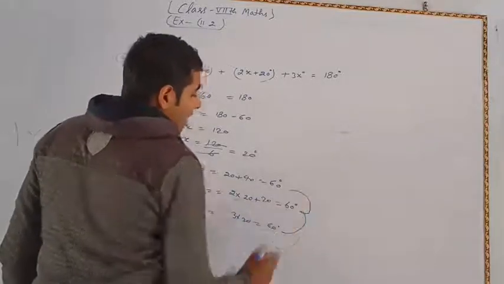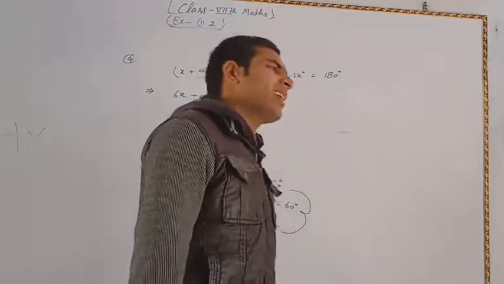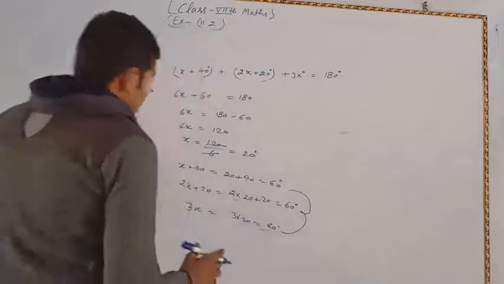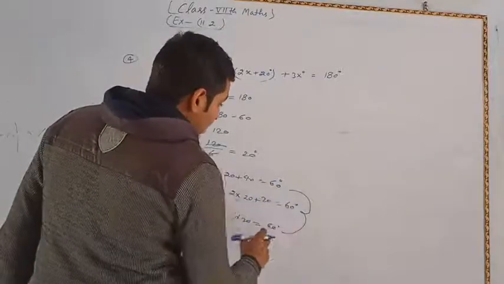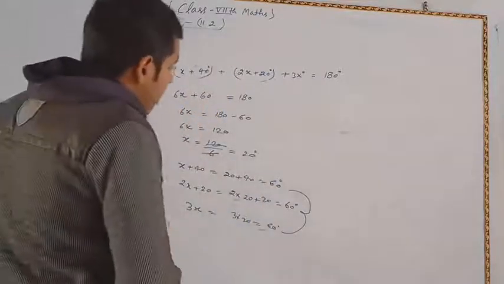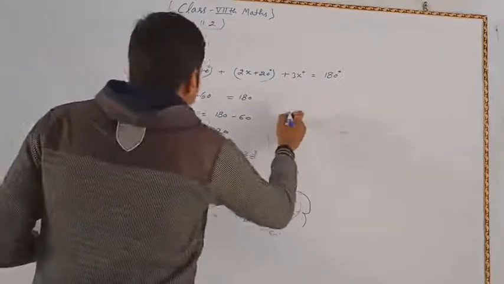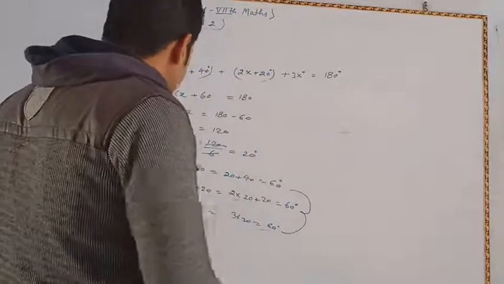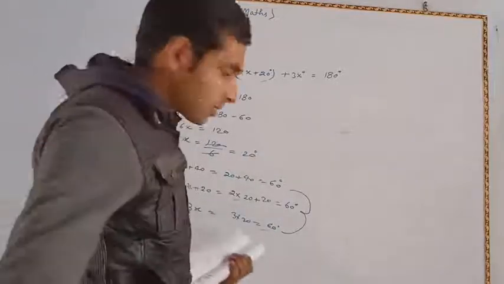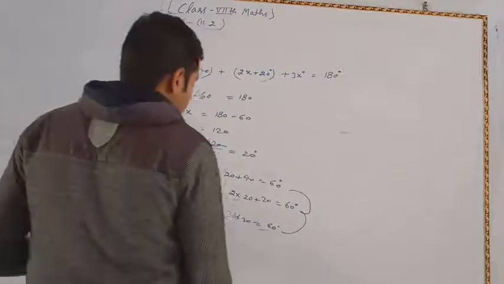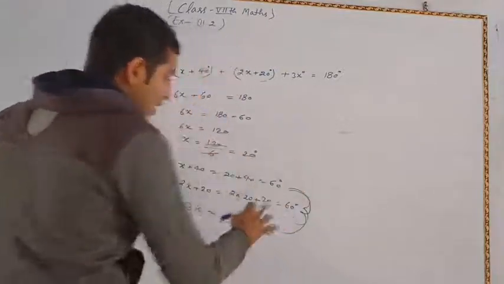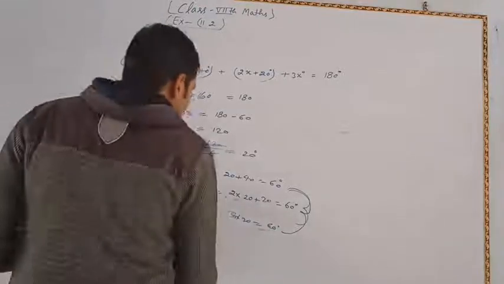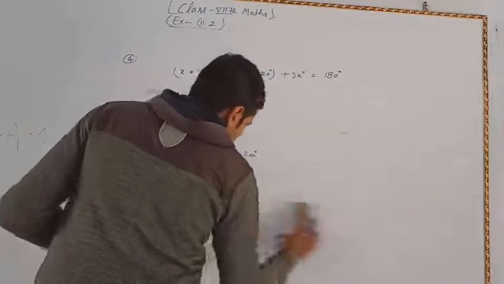So this is an equilateral triangle, because you know that an equilateral triangle has all angles equal. Okay, this is an equilateral triangle. So this is your answer. Here the triangle is the same, and in an equilateral triangle also the triangle is the same. Okay, so again